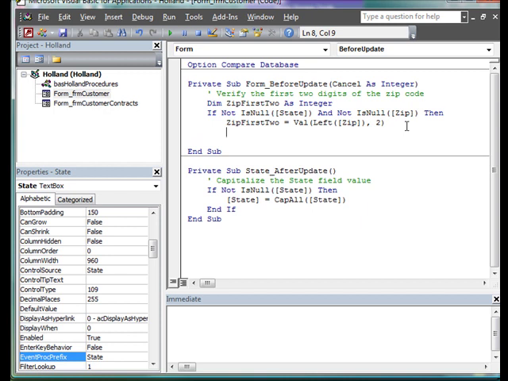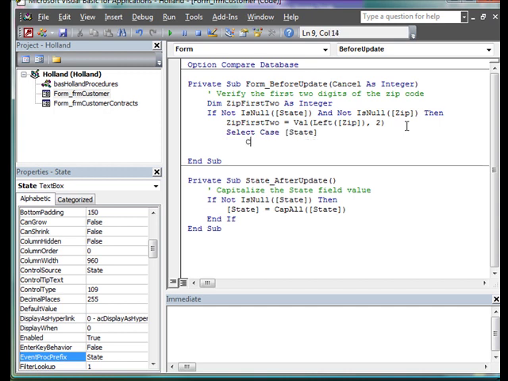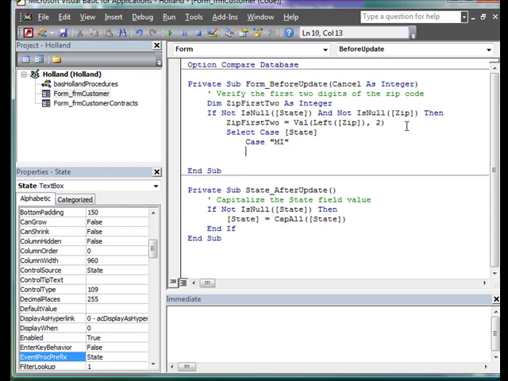We're going to set up a select case statement. Select case, this will be our state field, and we're setting our first case to Michigan, and Michigan is abbreviated as MI. Case Michigan, case MI. If the value of zip first two, which remember is the first two characters on the left in the zip field,